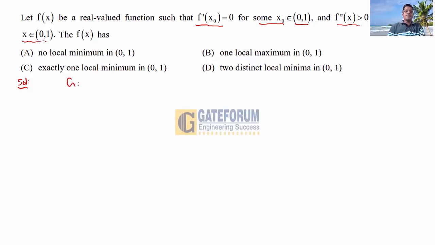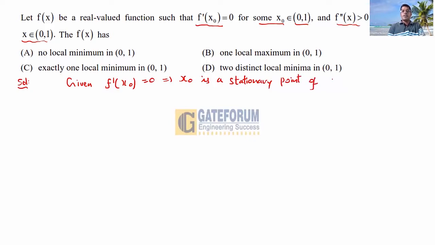So given f dash x naught is equal to 0, this implies x naught is a stationary point of the function f of x, and also given this x naught lies between 0 and 1, that is x naught belongs to the open interval 0 comma 1. Next,